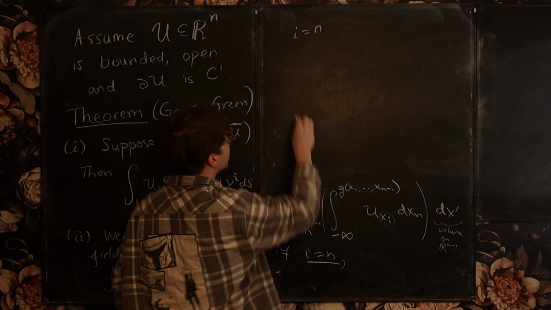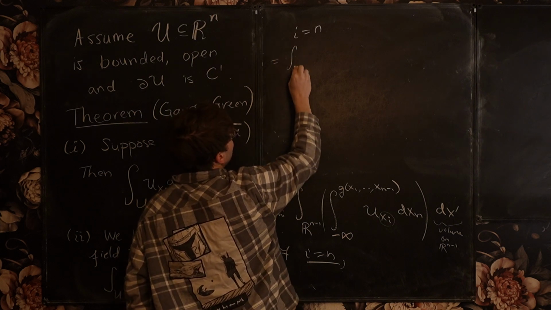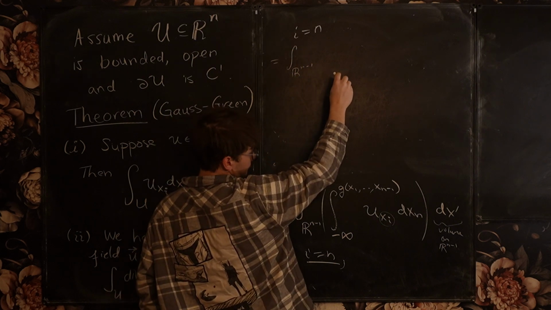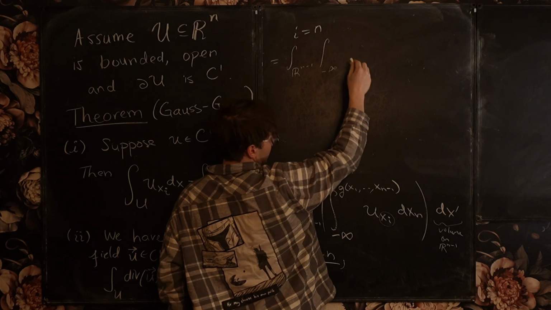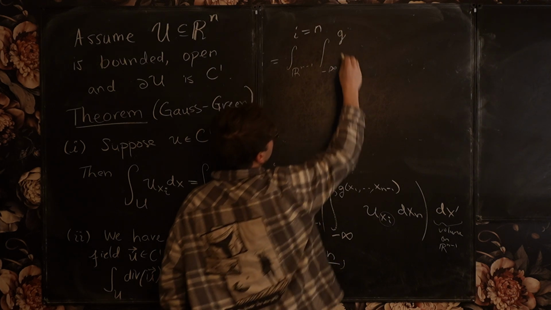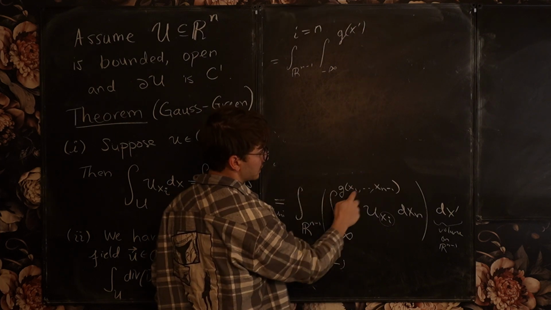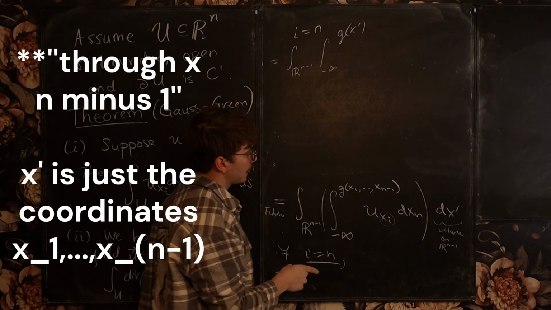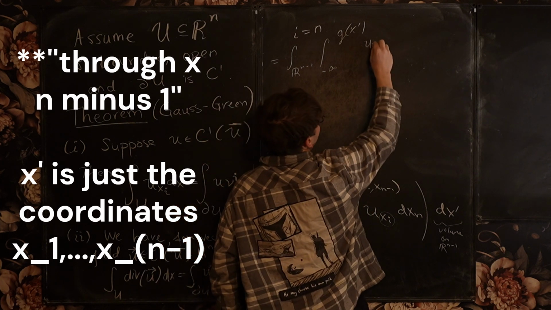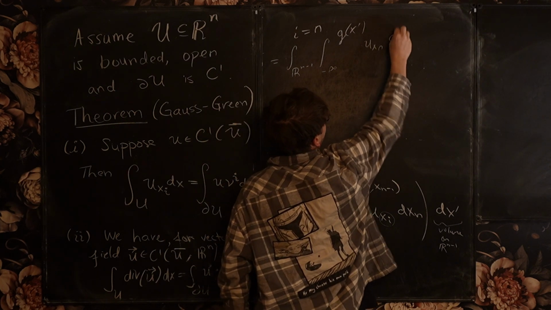I have the integral over Rn minus 1, integral from negative infinity to G of x prime, let's say. So x prime is just the coordinates x1 through xn minus 1, of partial U over partial xn dxn